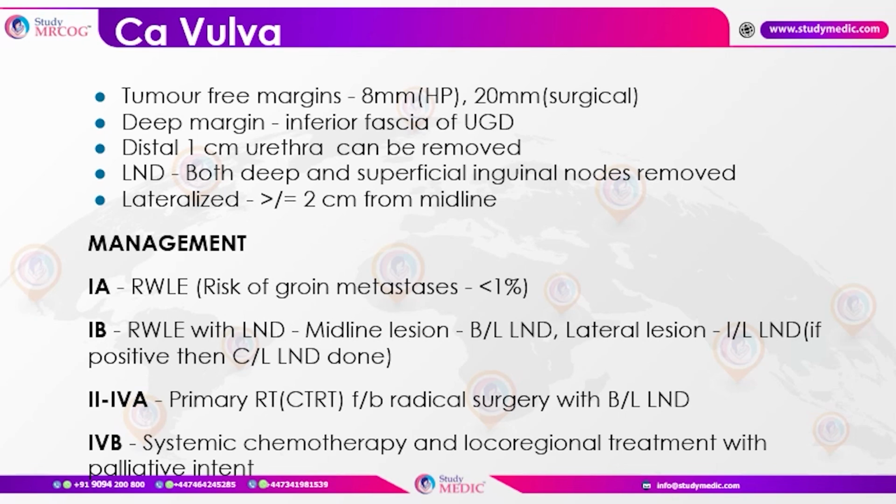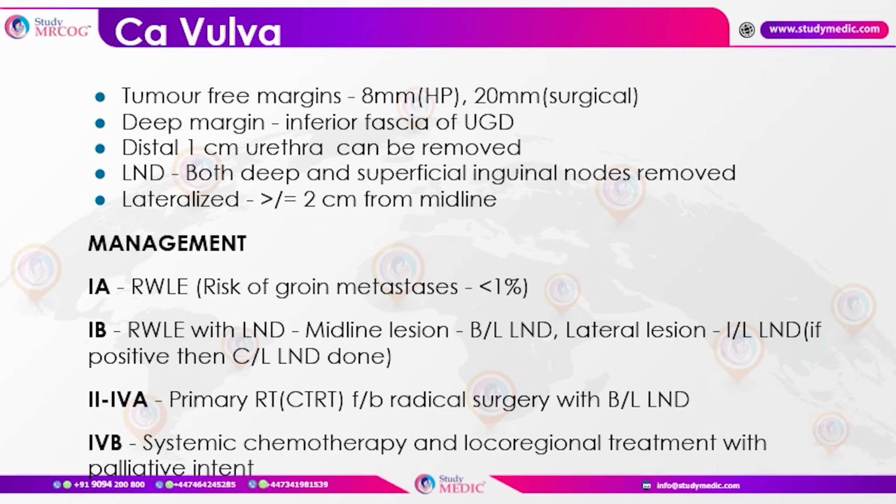A lateralized lesion is something which is greater than or equal to 2 centimeter from the midline. And for management of these lesions, in 1A, we will do a radical wide local excision only. No need of lymph nodectomy because the risk of groin metastasis is less than 1%. In 1B, we go for radical wide local excision with lymph node dissection. In a midline lesion, it is bilateral. In a lateral lesion, it is ipsilateral. In case the ipsilateral lymph node comes out to be positive, then you have to do a contralateral lymph node